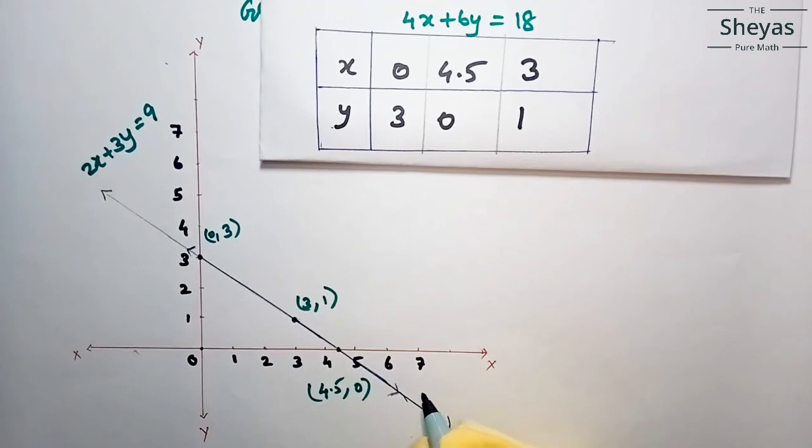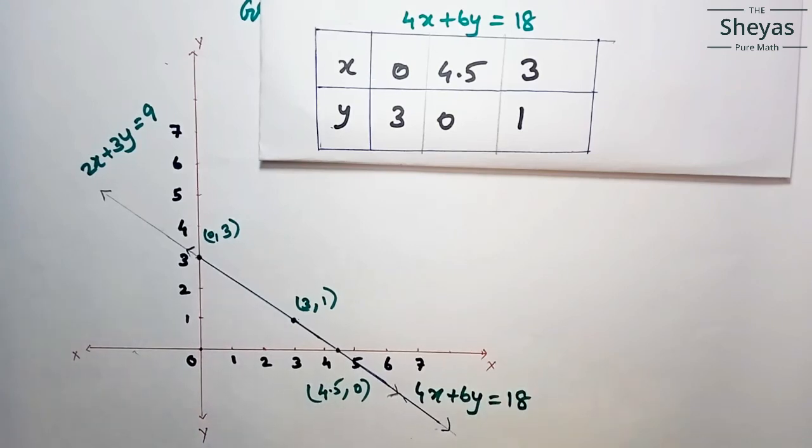So what is the second equation? This is the line, 4x plus 6y is equal to 18. So for this problem, you are getting that the lines are coincident. It is not the same case with other problems. It may be parallel or intersecting lines. Here I have got lines coincident. So now I have represented this word problem graphically.